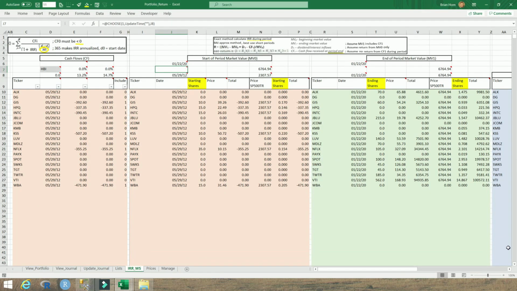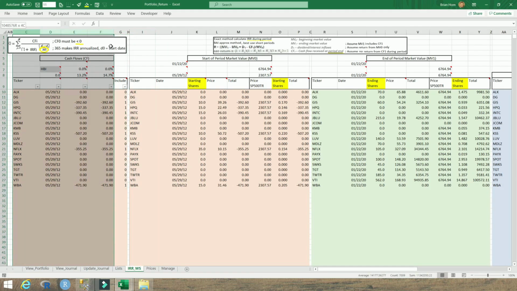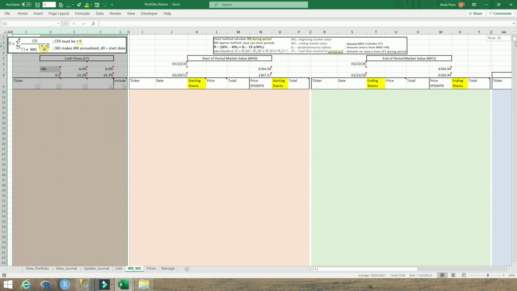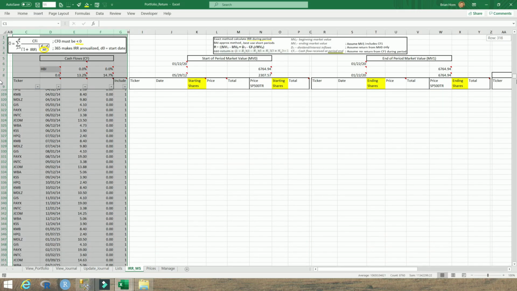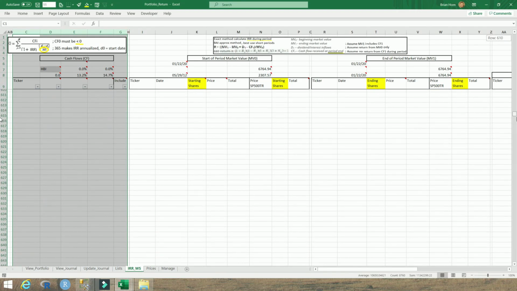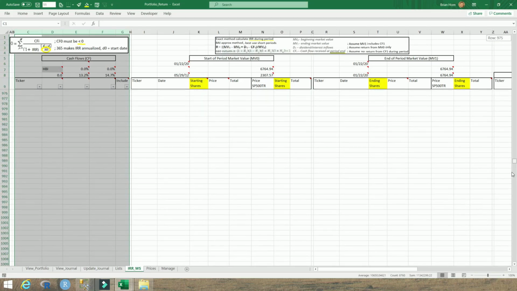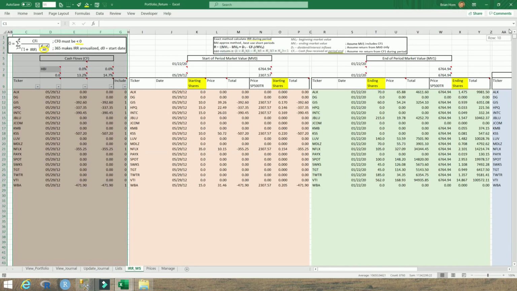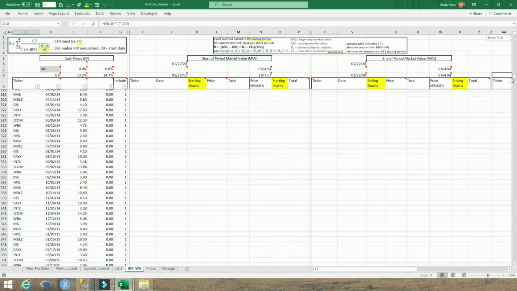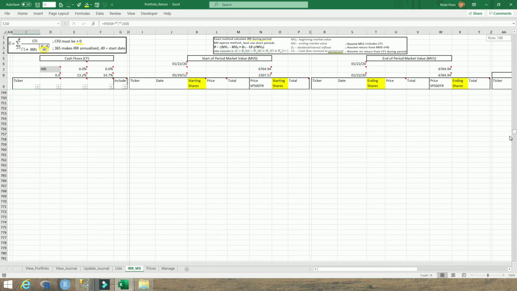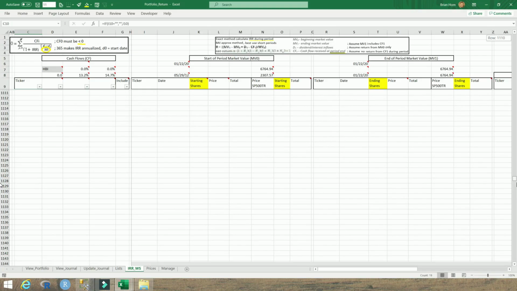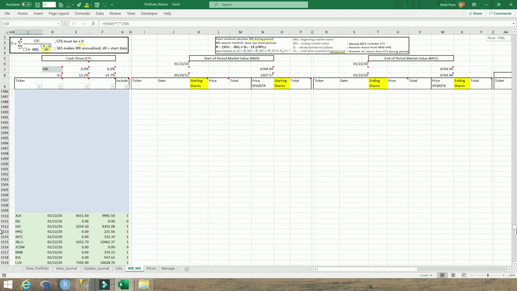It primarily just here in this area of the worksheet is all the journal entries dealing with different aspects of the journal entries, and it's actually more involved than I want to get into here, but suffice to say that in order to calculate internal rate of return, need to have cash flows that represent where we were at the beginning when these stocks were first purchased, the actual activity that occurred during the life of the stocks, and then at the certain date that we're looking at as the end date, we have to recalculate what the value of the stocks are